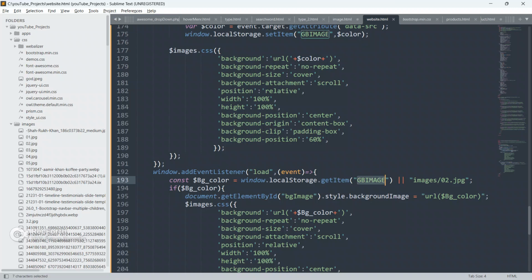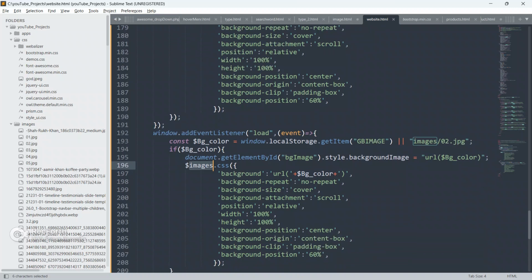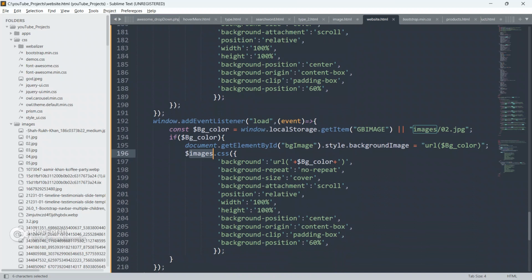Window.local storage dot get item img, bg img or this one. Okay, if bg color, then images dot css. We're gonna put this bg color.